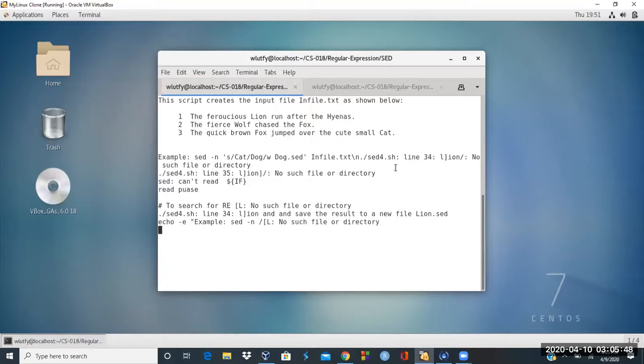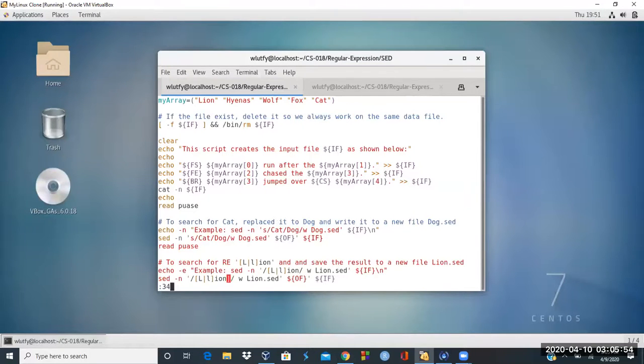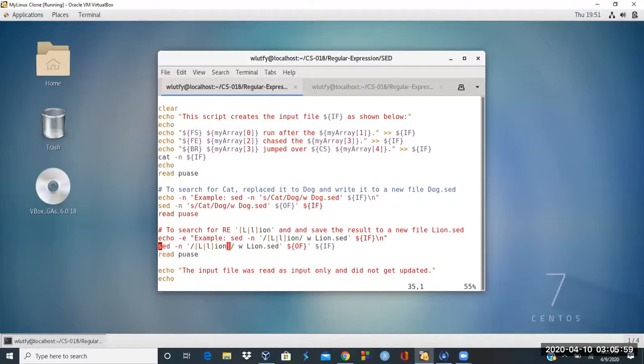Set line 34. Let me go to line 34. Set 4.sh 34. I should read it rather than just keep jumping to it. Let me see what's going on here. Example minus e and set this one and write it to set dot example input, and then on this example says